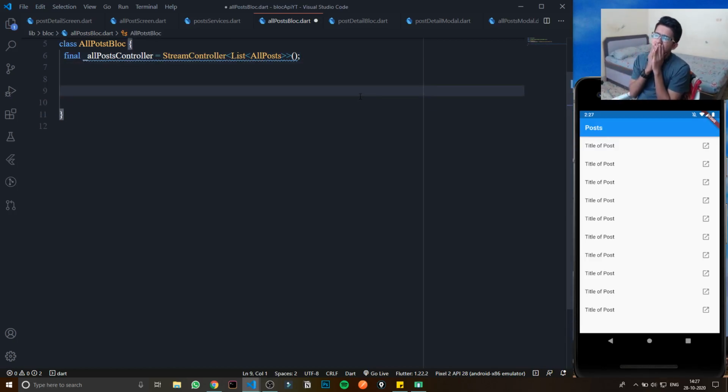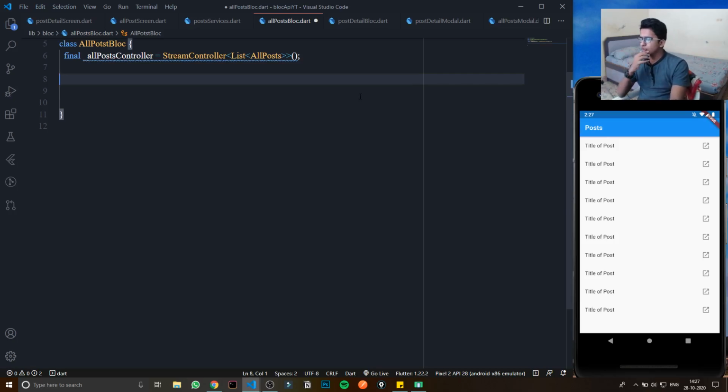Now comes a bit of a confusing, or we may say a focus part. If you can focus on this and understand this, all of your BLoC thing is done, because this is the key part where, if you understand this, all other concepts are based on this only. So it's like building blocks. Great, let's start.